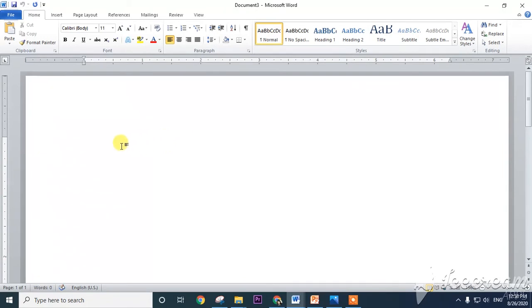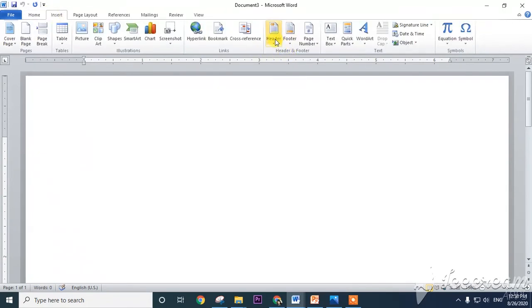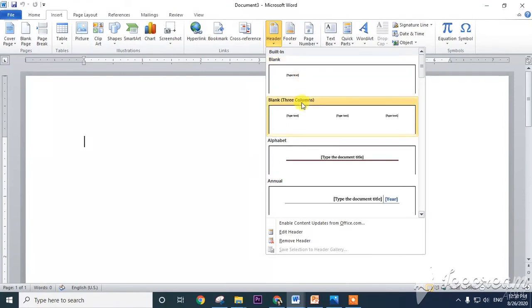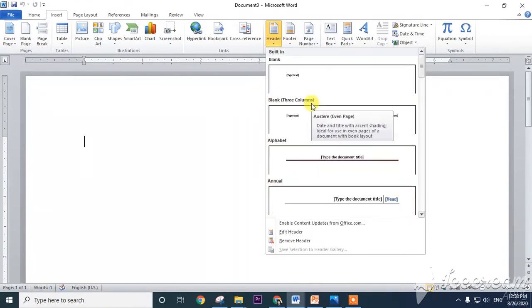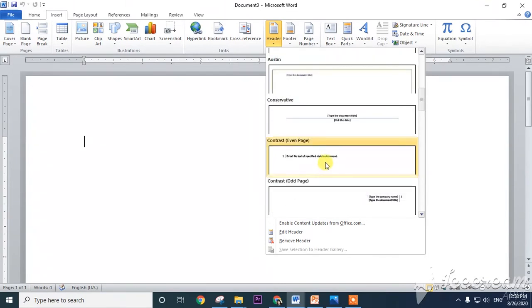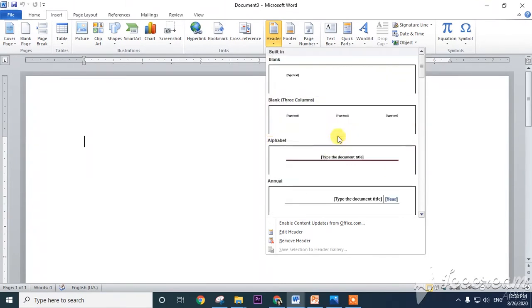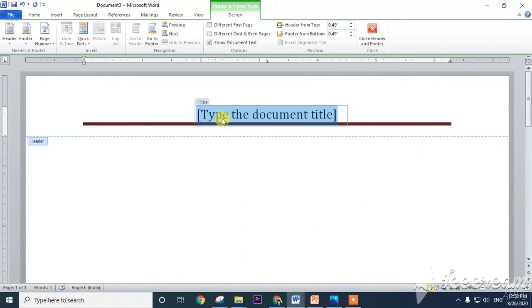Let us see how to insert header and footer. Click on Insert. There is a Header option here, in the Header and Footer group. Click on Header. Then there are so many options. Which type of header you want, you can choose from here. Now I am going to click on this one.